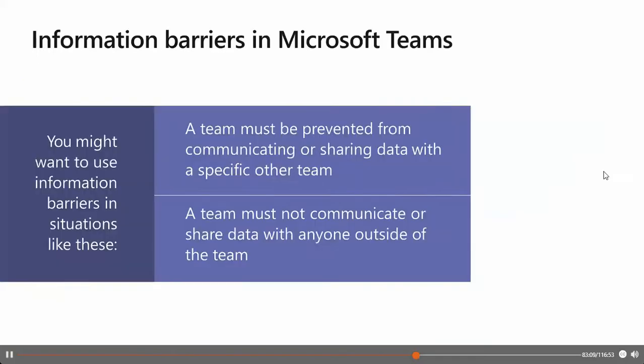as a presenter. Another cool feature in Microsoft Teams is information barriers, IB, which are specific policies that an admin can configure to prevent individuals or groups from communicating with each other. That is quite useful, for example, if one department is handling information that shouldn't be shared with other departments, or a group needs to be prevented or isolated from communicating with anyone outside of that group.